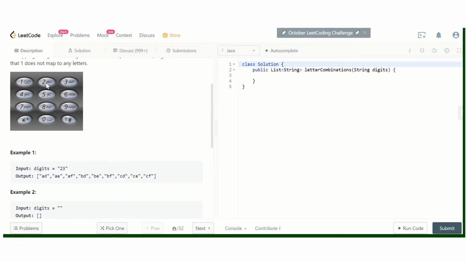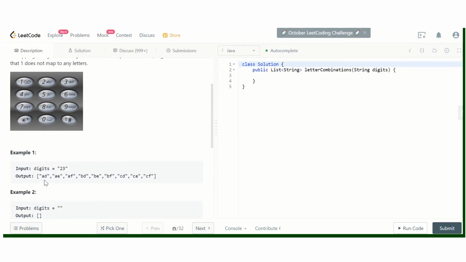If we press 2, there can be a, b, or c. So 2 can be replaced by a, b, or c as well. Similarly, 3 can be replaced by d, e, and f.